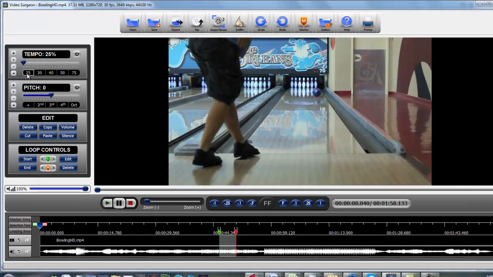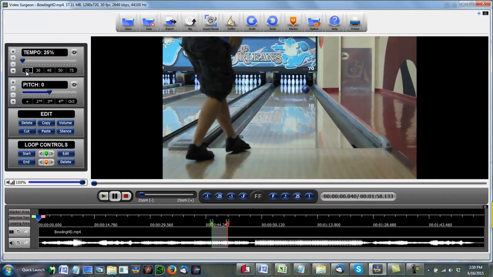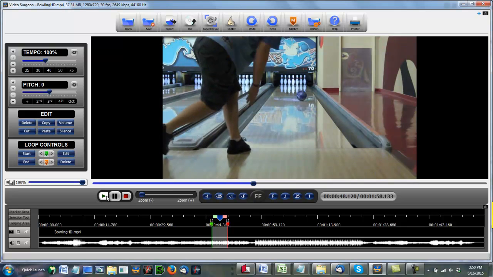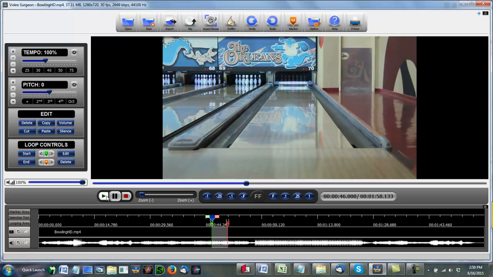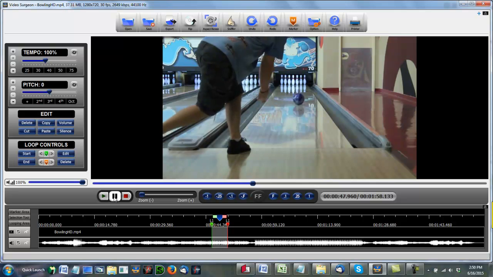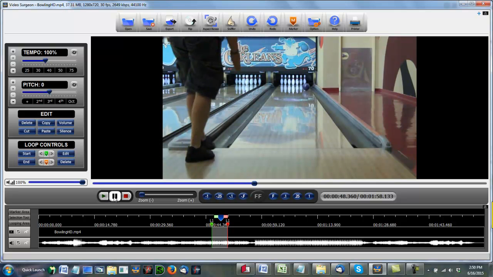As you can see, I have a bowling video open on my screen, and let's go ahead and play it through once. You can see it is running at the full speed. So as you can see, we are going at full speed, and in addition to showing you how to slow it down below 25%, just a couple of other quick things in case you're not aware of these